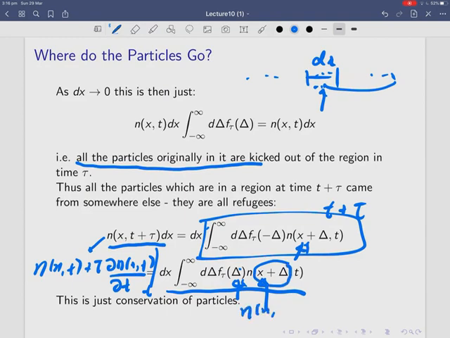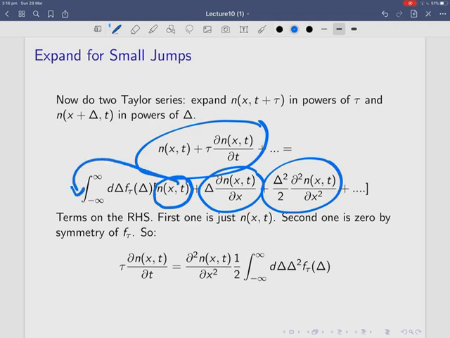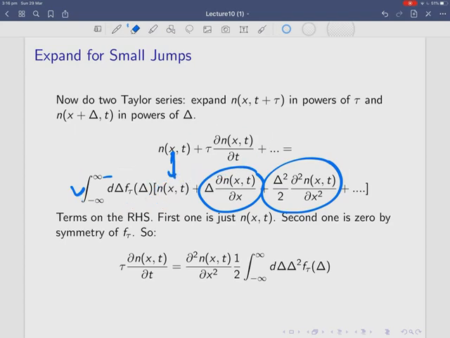So this says n(x+delta) is equal to n(x) + delta dn/dx + delta squared over 2 d squared n/dx squared, which is this bit here. So we've got that bit there, that bit there. Okay. Now, let's look at all these terms. On the right-hand side, we have this bit, but that bit doesn't depend upon delta, so we can take it at the front there if we wanted to, and this normalizes it to 1, that's just 1, so this term and that term cancel out, so we get rid of them.